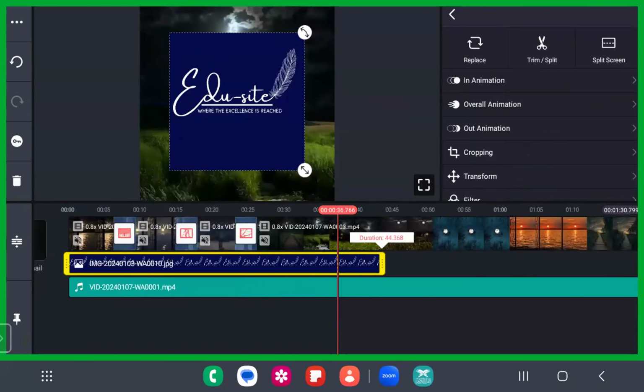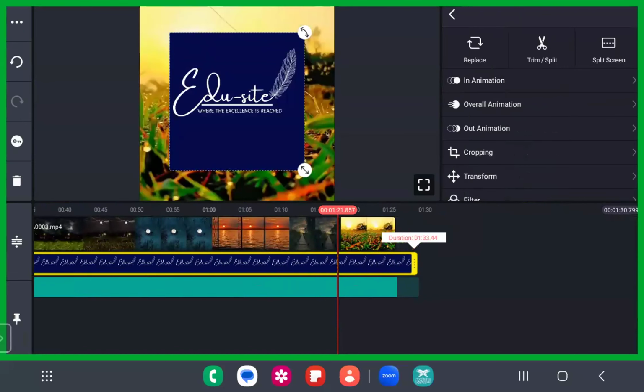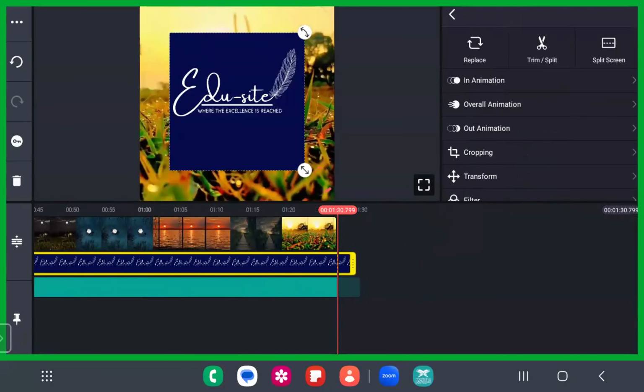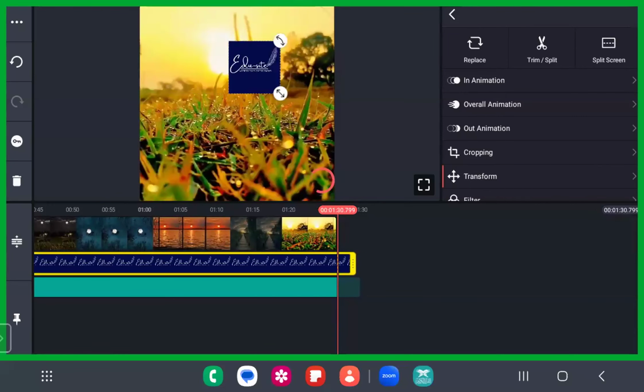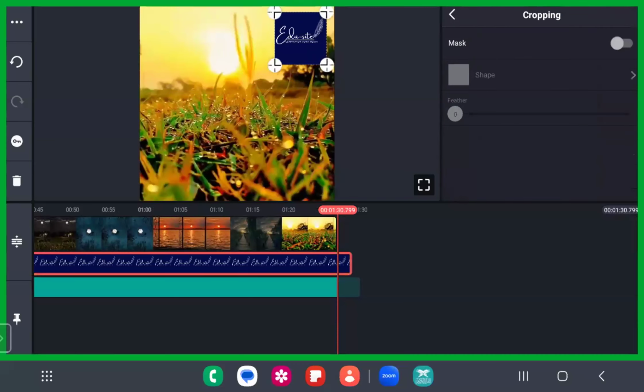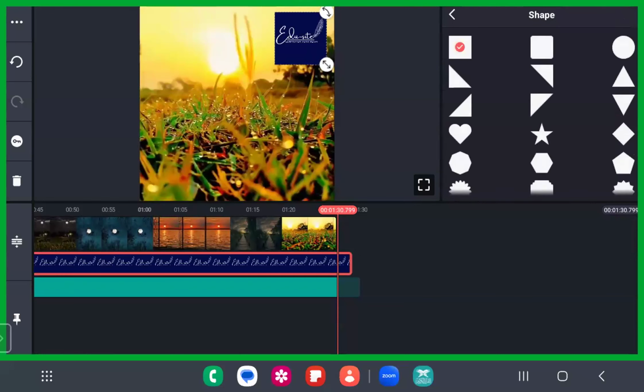You must increase the duration of each of them till the end. So first you have to edit the things that are required till the end. The other things, like the font and so on, are not required till the end. They are for a few durations only, right? So the first things you start with are those required till the end. The EDU-SITE logo is required till the end, so you have to edit that first.